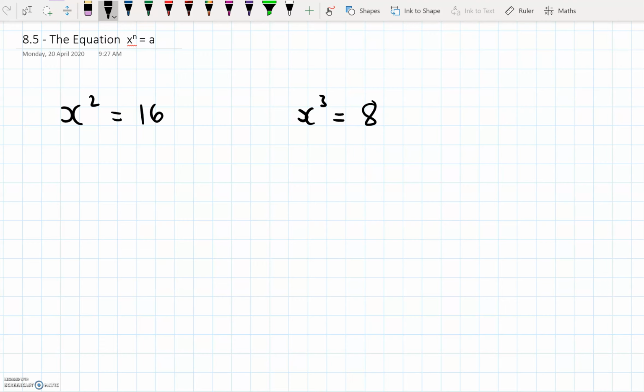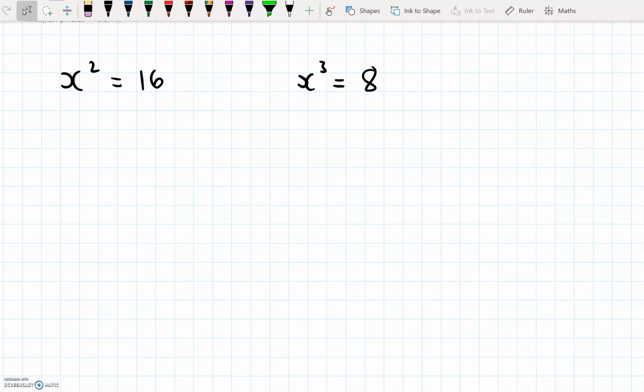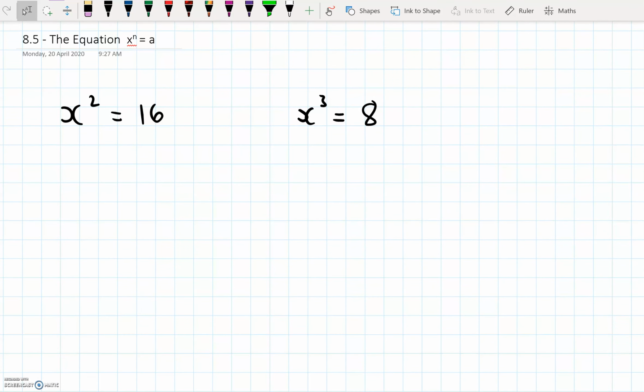Now, what we want you to do is shift a little bit away from always trying to move everything to the left and solve. If you have a situation like x squared equals 16, we want you to think about what that means in terms of looking at the graphs. Okay, so thinking about what we did last lesson, if we look at x squared equals 16, we know what we have